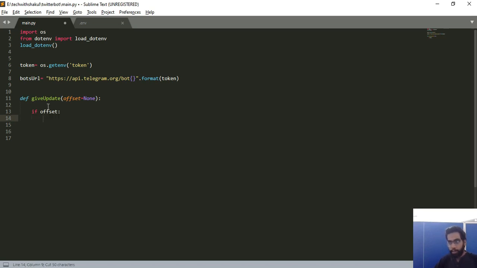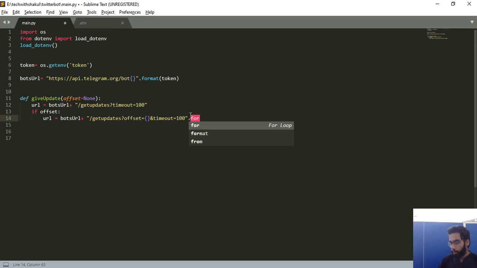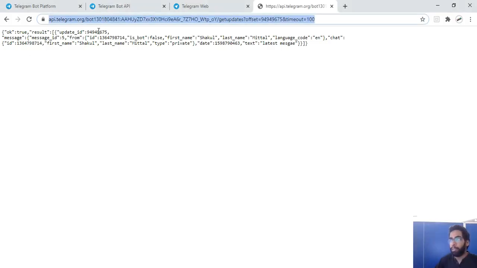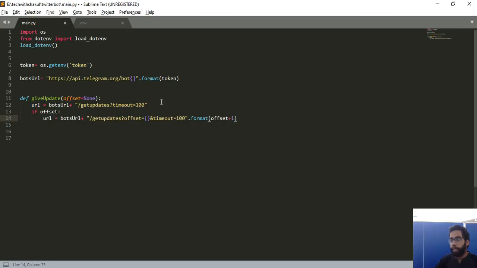Control X, Control V. Okay, and if offset, then offset is this, and then format offset. Now I want to get the offset and add 1 to it, because if I add 1, then I'll get the latest message. Okay, so I formatted it in this way.